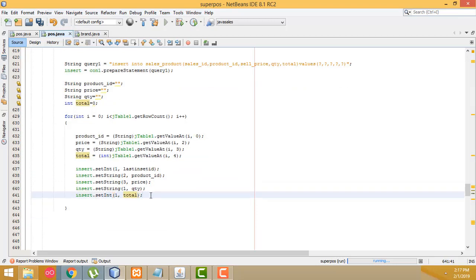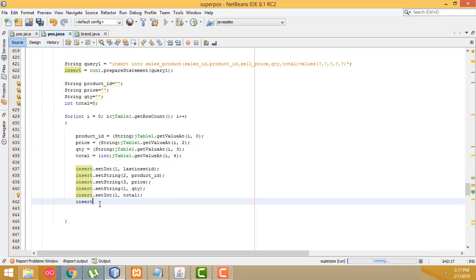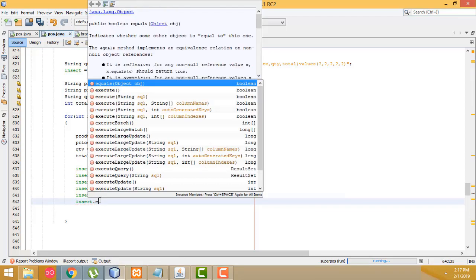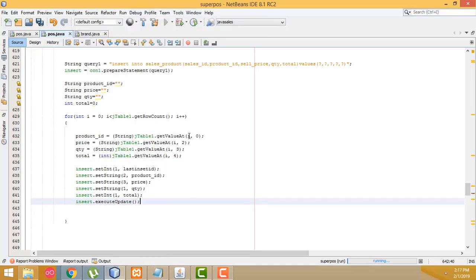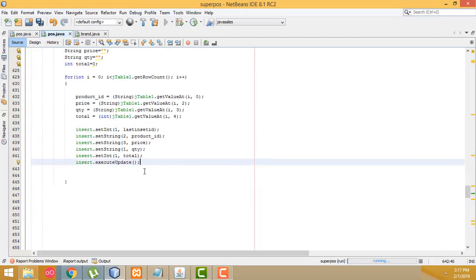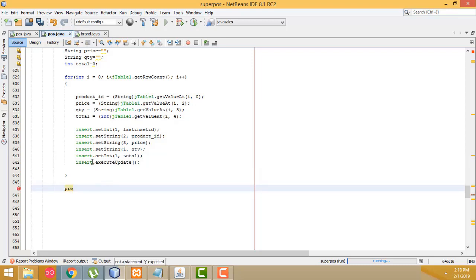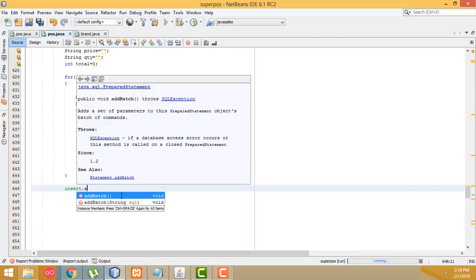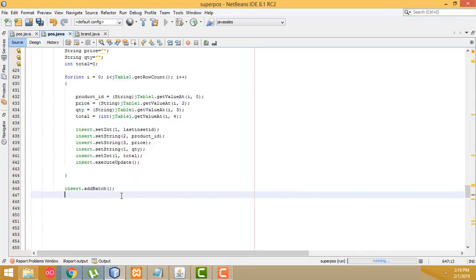Now after that we have to write the execute update part, dot executeUpdate. If you call this function, it will update the database table. Okay, let's check whether these two queries are working fine or not. After all the sums are correct, we'll put one JOptionPane and check whether it's working. There are many queries, so insert dot addBatch, we have to call the addBatch function, and here we have to write JOptionPane